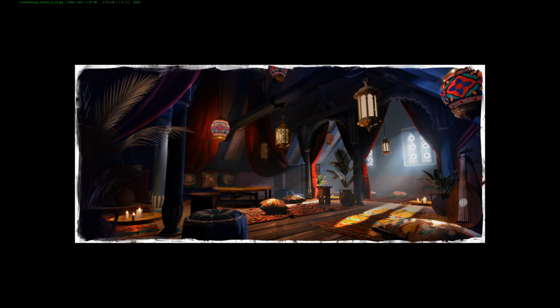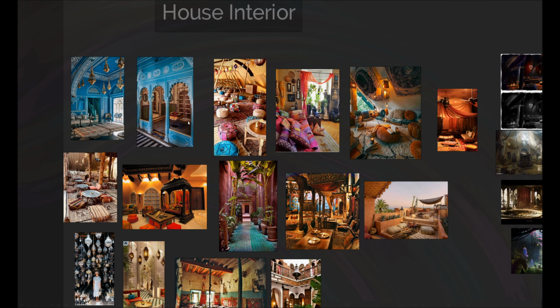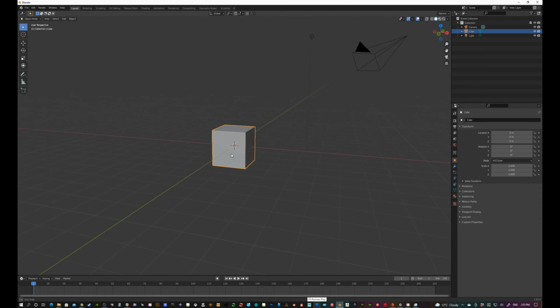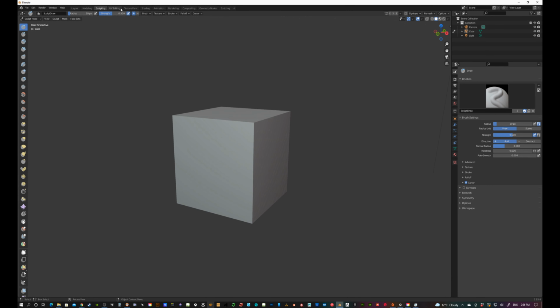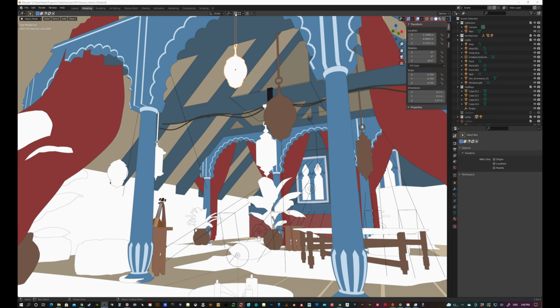Have you ever wanted to create a breathtaking Moroccan interior concept art in Blender but didn't know where to start? You're in the right place. In this 44 video playlist, we'll take you on a step-by-step journey to create this stunning Moroccan interior, starting from